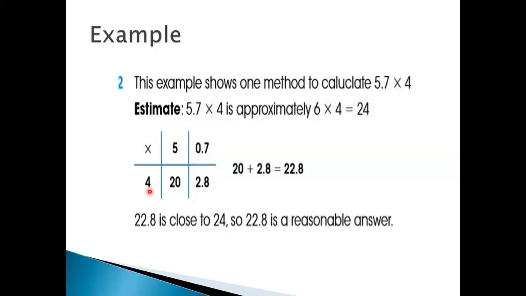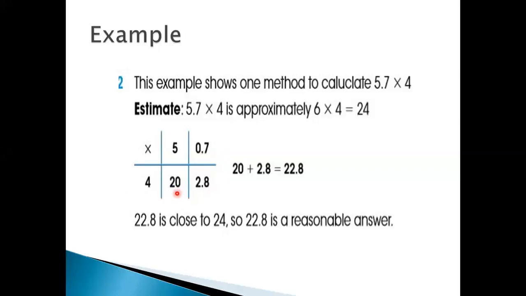It is written here. Now, 4 multiplied by 5 gives us 20. The answer is written here. 0.7 is here. Don't worry about the decimal number. Simply multiply and put the decimal after 1 digit. Simply you have to multiply 4 by 7. 4 multiplied by 7 will be 28. You have to write 28 here. And because the decimal is after one number, place it here after one digit.